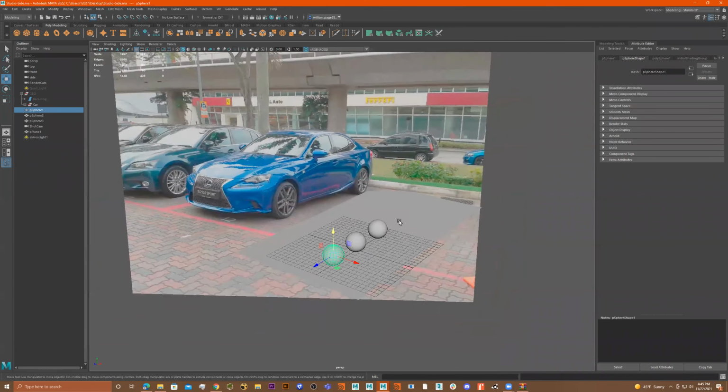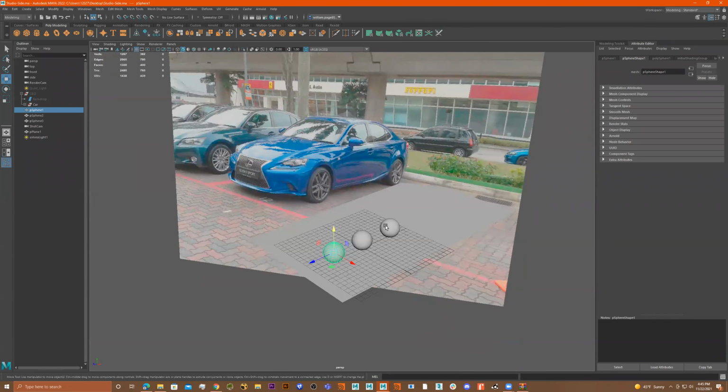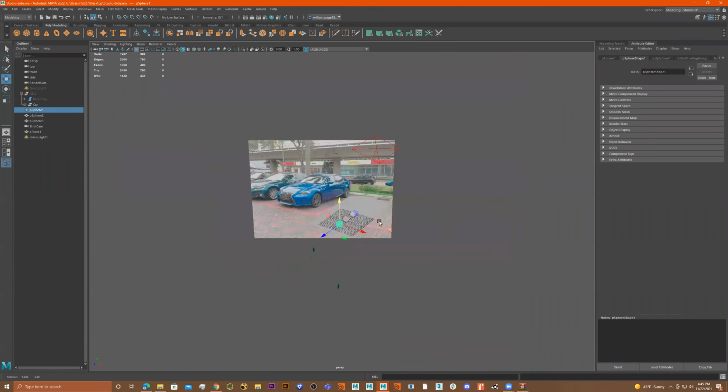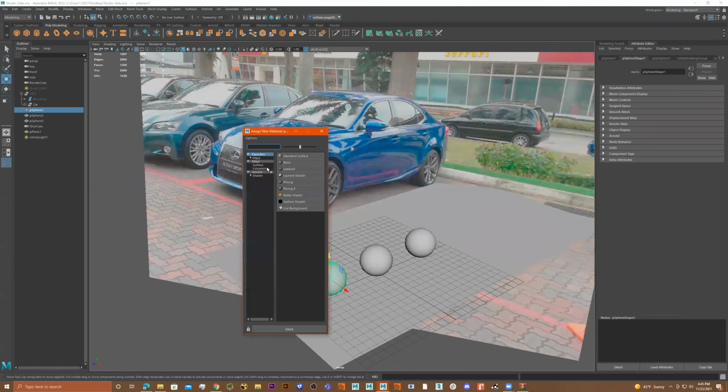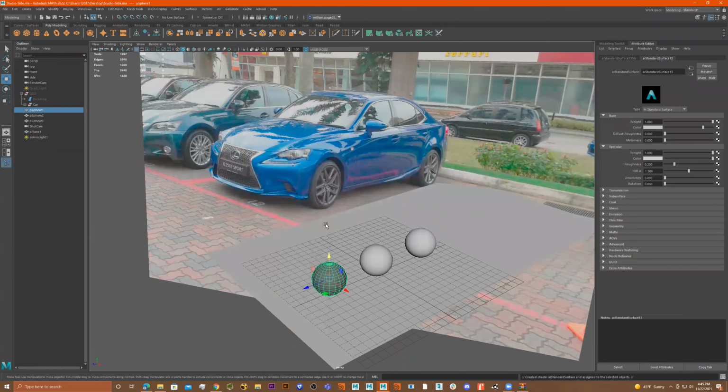Okay, so we've already set up the ground plane. Now let's add the shaders. We already added ourselves a light. Let's add some quick shaders to this. Right click, assign new material, Arnold, AS tinted surface,